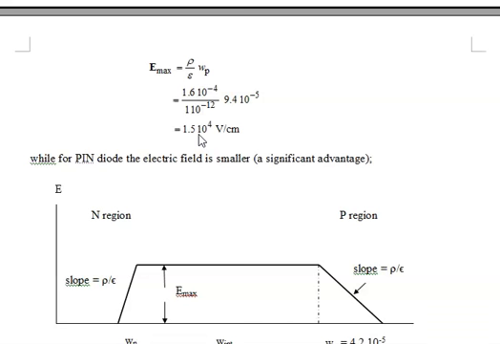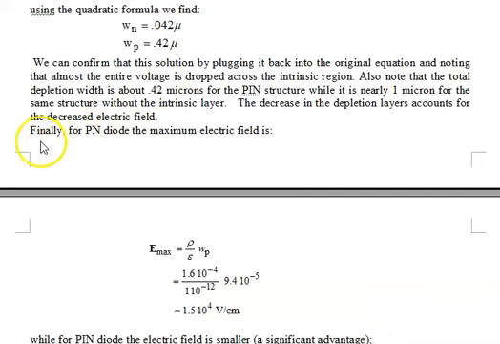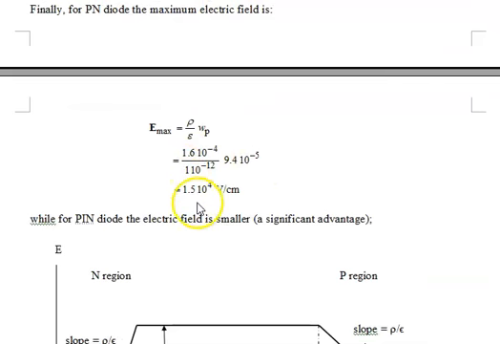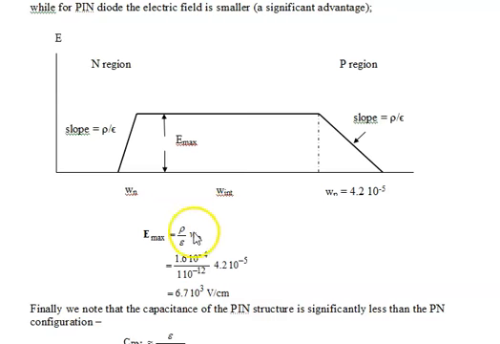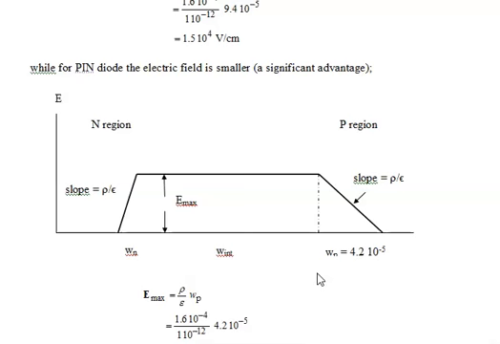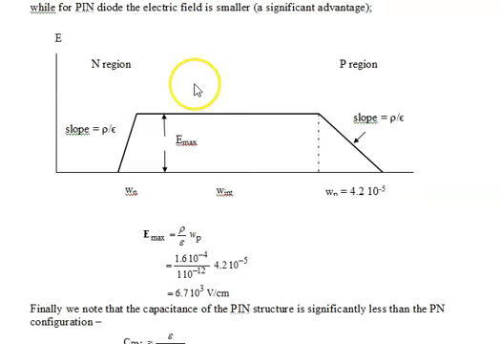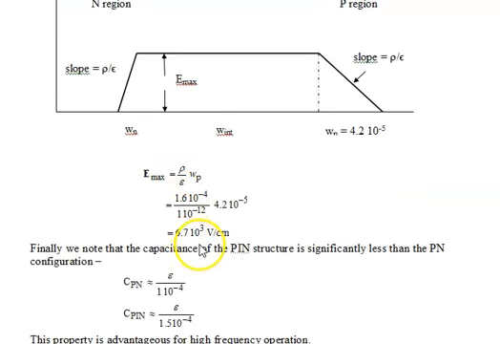I'm jumping back and forth, and I apologize for that. For the PN diode, the maximum electric field would be very straightforward, and it would be 1.5 times 10 to the fourth volts per centimeter. For the PIN diode, we use the same thing, but Wp is much smaller, and we find that Emax, instead of being 1.5 times 10 to the fourth, is 6.7 times 10 to the third,